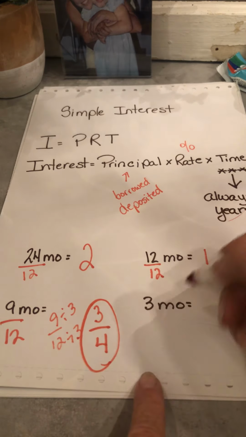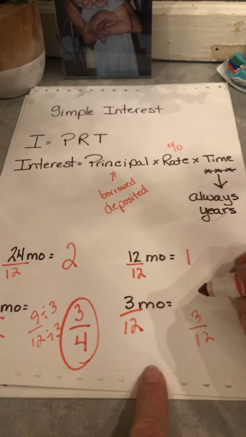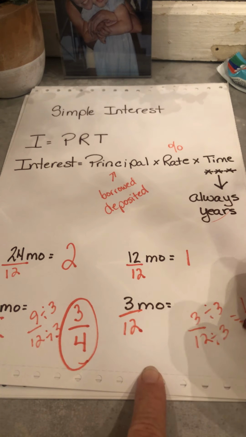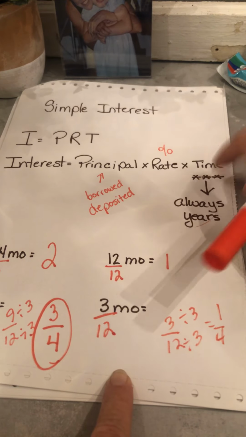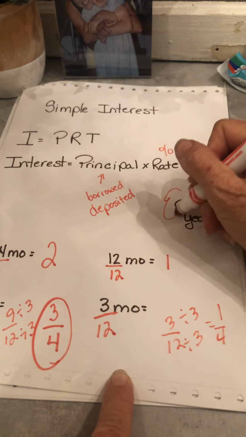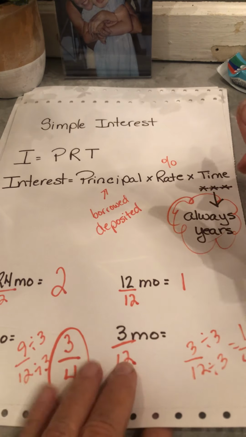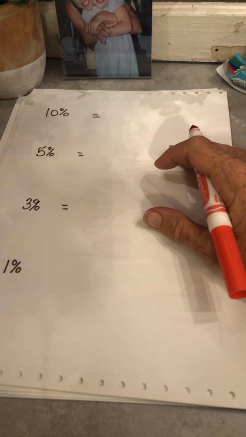Same here. I could say over 12. I could say, hey, I can reduce them. And I would get 1/4. So when I go to do the formula, I would use 1/4 for here, because remember, it is always turned into years. So if you're given months, you got to turn it into years. All right. One more thing we need to know